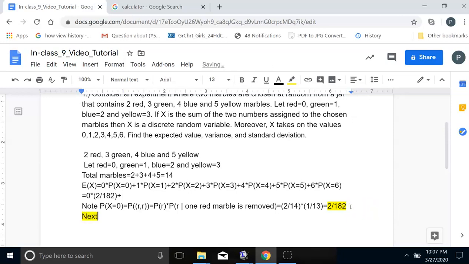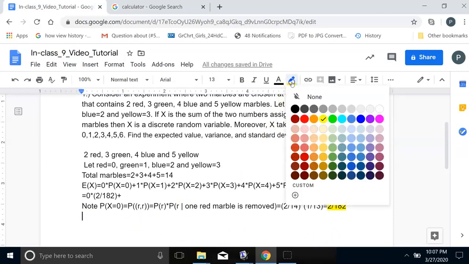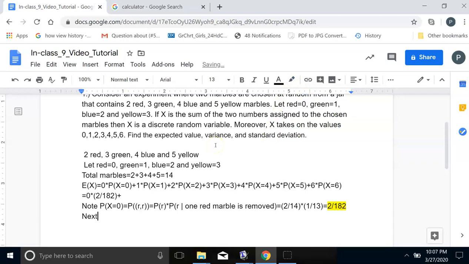So next, probability x is 1. So again, here's the assignments of the colors. In order to get 1 when you add the marbles up, you need to have a red and a green. So a red and a green, or green and red, because when you add those, 0 plus 1 is 1. So it'd be probability of getting a red and a green